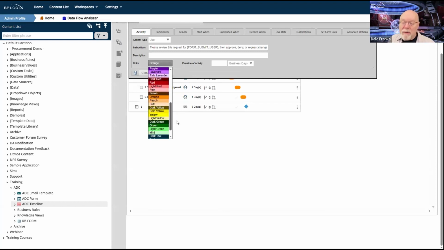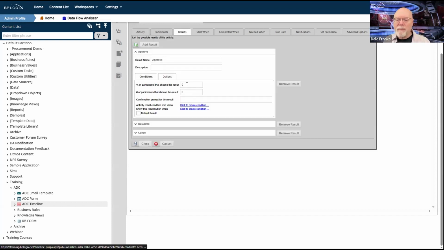Now, this is clearly a custom set of colors. There is a custom variable called Workflow Colors that enables you to just build in whatever colors you want as workflow colors to use in Process Director. Now, if you have an earlier version of Process Director, you'll see this same dropdown as the color dropdown for creating your button colors. Just so that you know, we're having an internal discussion at BP Logix about the result buttons.